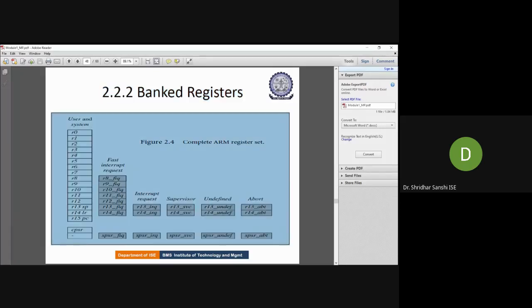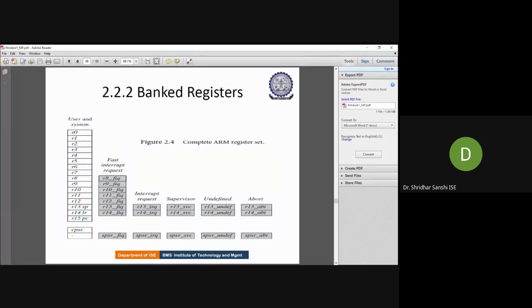Another thing is this: what is this SPSR? SPSR is not visible when we are executing in programmer mode. We saw in the lab that only the 17 registers were visible. So we have another type of register called the saved program status register. Why are they used? Say suppose I am executing in user mode, and in this mode I have certain bits enabled.